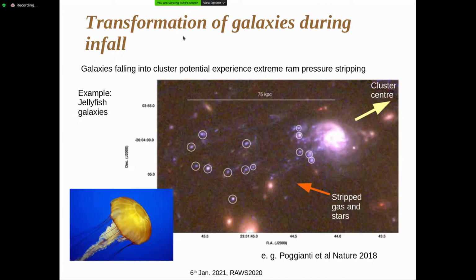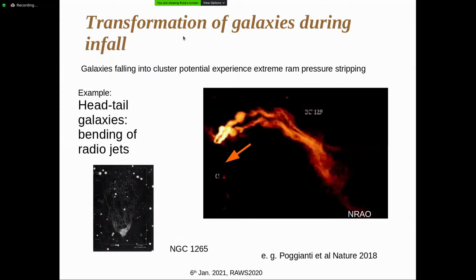This effect of stripping is not only detectable in optical, but also happens through the jets of galaxies. There are different galaxies in galaxy clusters which can have radio jets, and depending on how the galaxy is moving through the surrounding medium, these jets can bend, and that is what these bent radio galaxies are allowing us to probe. There are galaxies called the head-tail galaxies, where the jets are very bent, and you can learn about the medium that surrounds them.